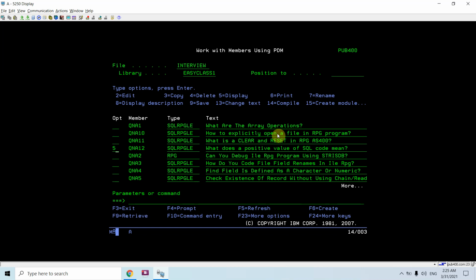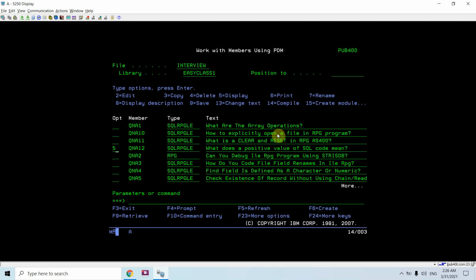Such a warning can be, for example, that you are searching for a record and you didn't find a row. In that case you will get SQL code 100, which is a positive SQL code. Another example: you have opened a cursor and are reading the file using the cursor, you have read many records and you reach the end of file.